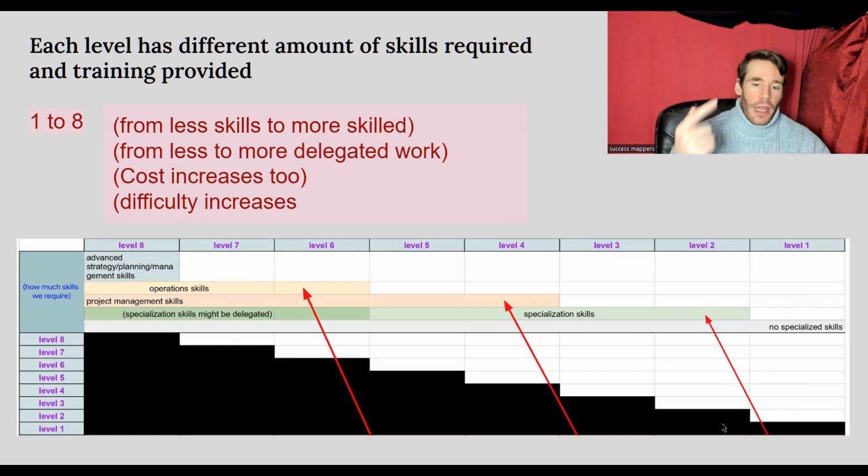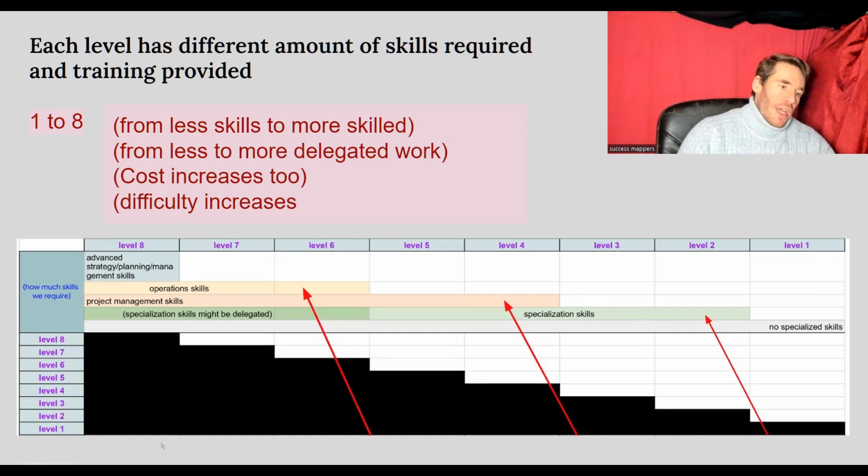As you go to level 2, you remove one block of information for delegation, and you add a skill that is a specialization skill. You can see it here. And you go up in every level, and you reach the end at level 8, where the person has the full spectrum of skills. That is like no specific specialized skill.